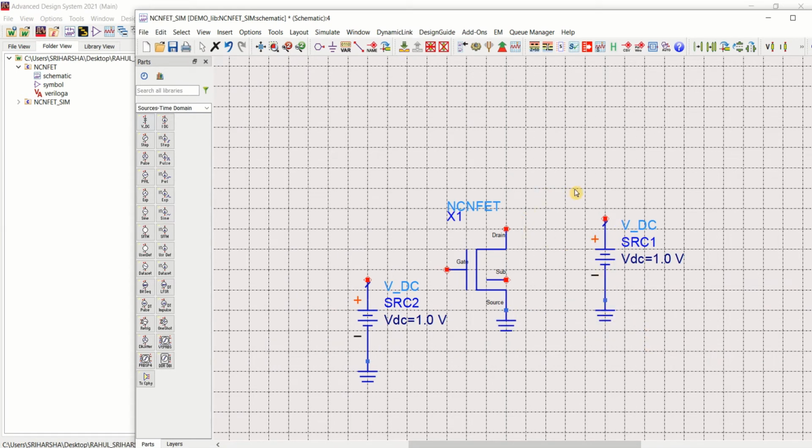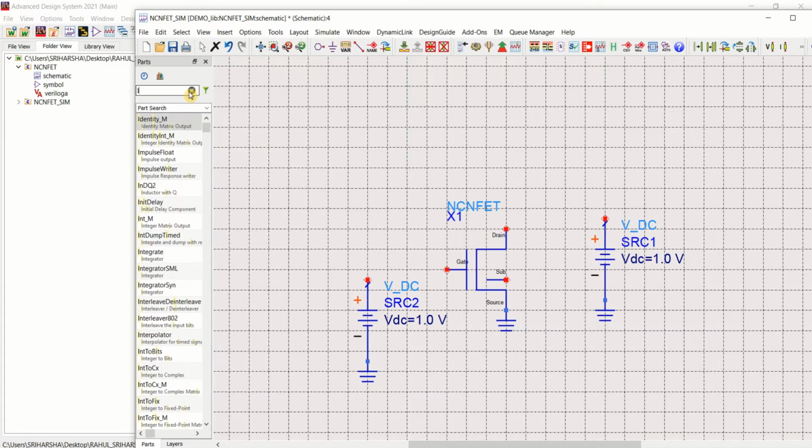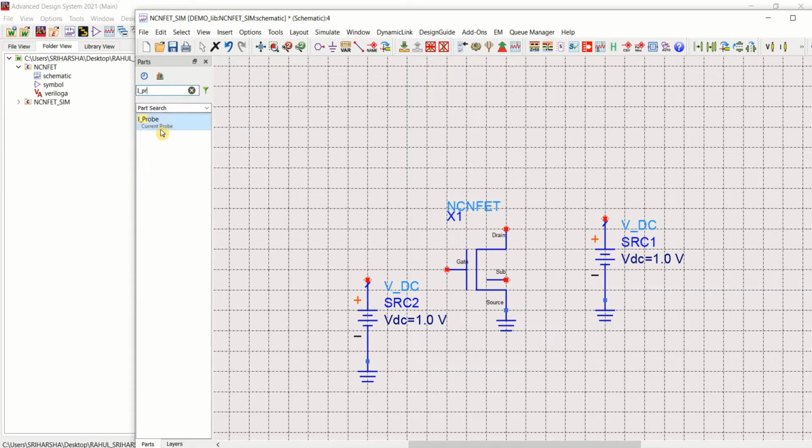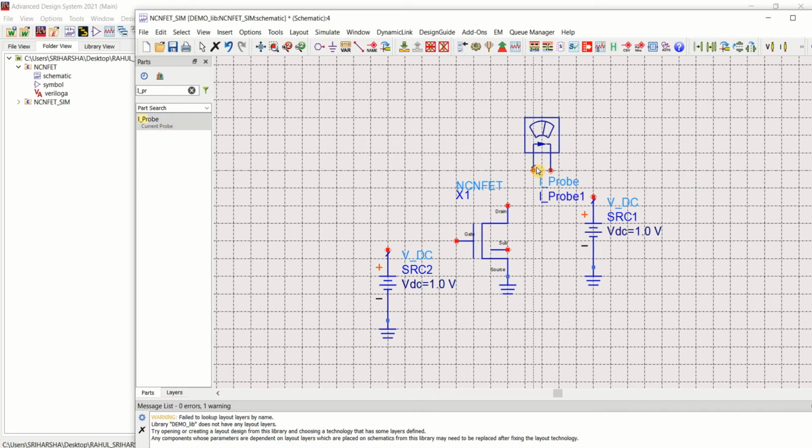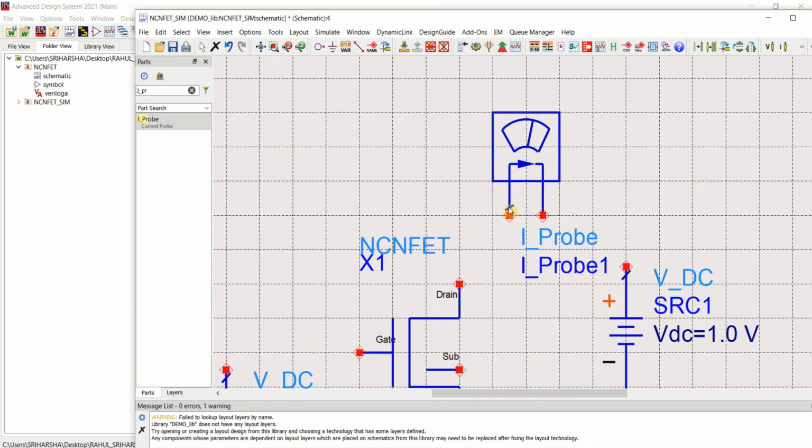Since I want to plot the current characteristics, IDS, I am going to place the iProbe. Use iProbe here, or you can call it the current component. Select this, place here. Whenever you place the current component, this bar has to be matched with this.